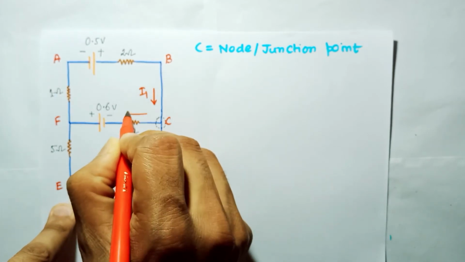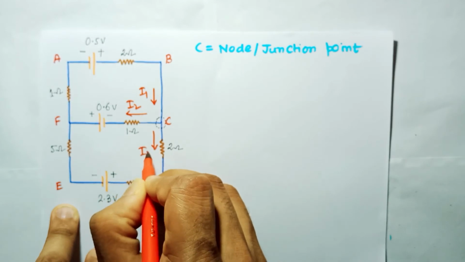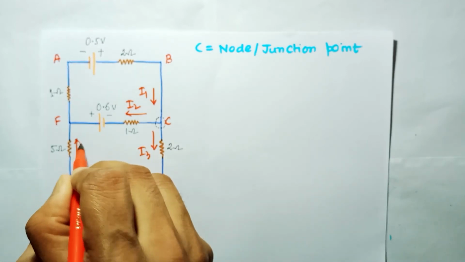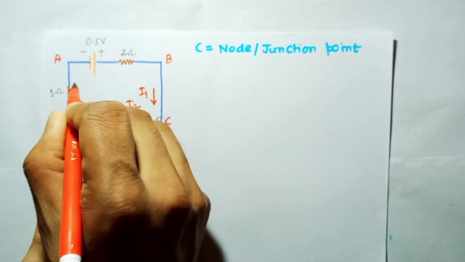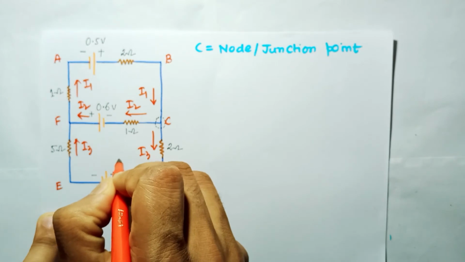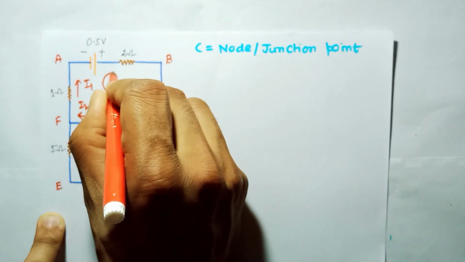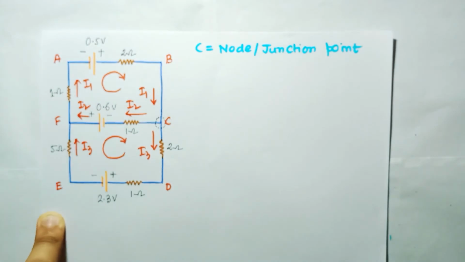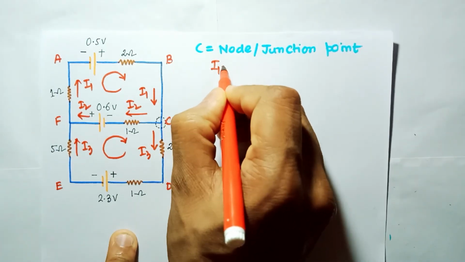In this direction it is I2 and in this direction it is I3. So in this direction it is also I3, this is I2 and this is I1. So this is the direction of traversing through this loop, and this is the direction of traversing for this loop. So now I will write for the node junction, I1 is equal to I2 plus I3,